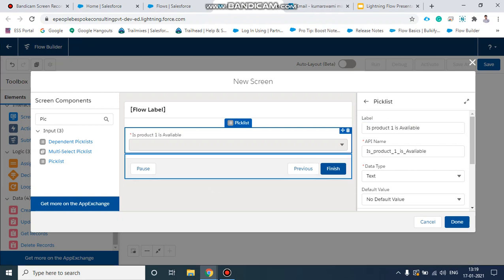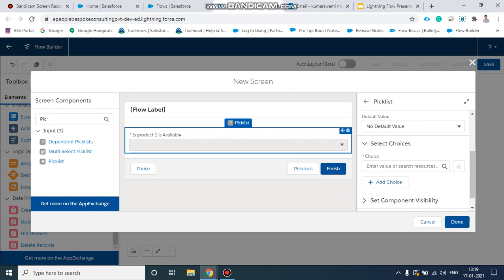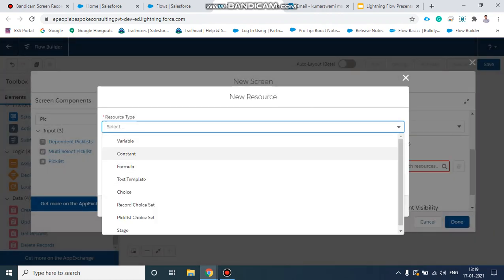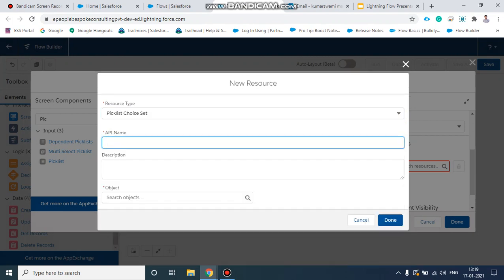For this, we need to set a choice, creating values for this list. So we need to create a variable, a picklist choice set, and name it available picklist product one.